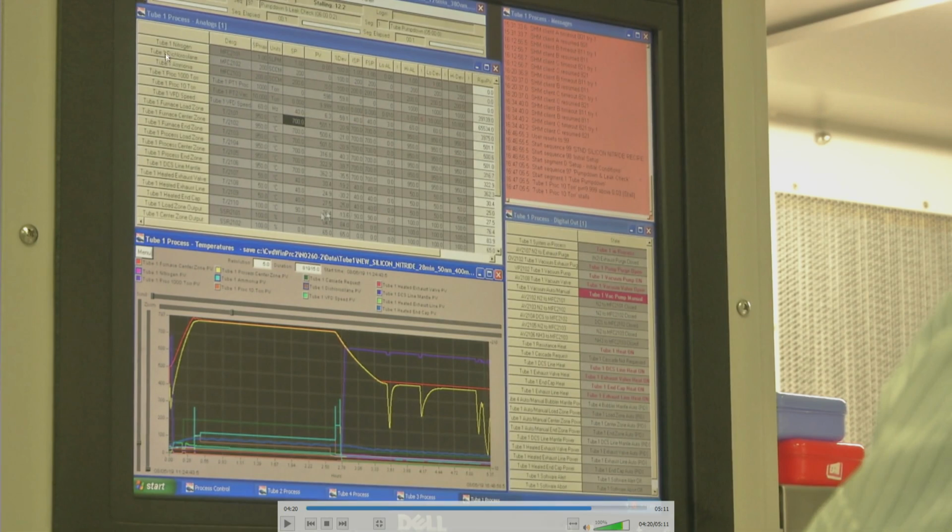And you can see here what is happening in different zones. So tube 1, furnace, load zone, center zone, end zone. There are different zones. The load zone is the start of the tube, the center zone is the center of the tube, and the end zone is the end of the tube. So the temperature should be uniformly maintained. In this case, it's 700, 700, 700. So there is a uniform temperature we are maintaining.